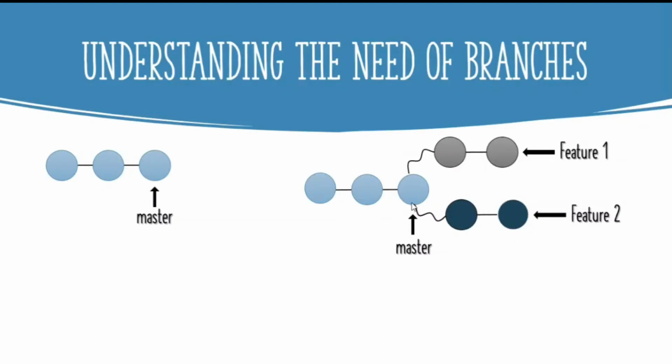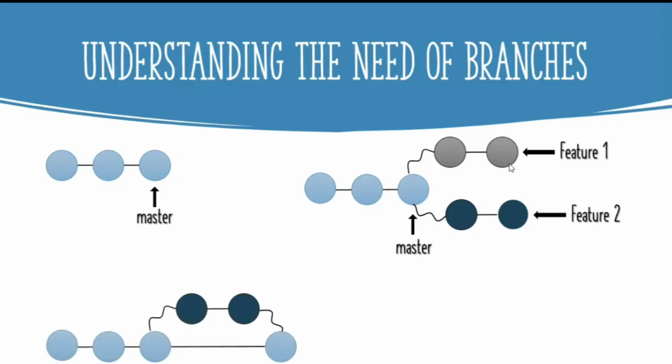So the master branch keeps pointing at the initial version of the project, and you are working on two different branches now. Suppose the company says that it doesn't want these two commits to be there in the project. So now instead of removing these two commits first and then removing these two, you can simply remove these commits from here, and you can merge these two commits with the master branch. How do we do that? That we will see later.